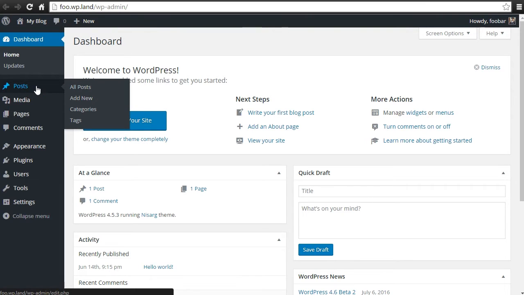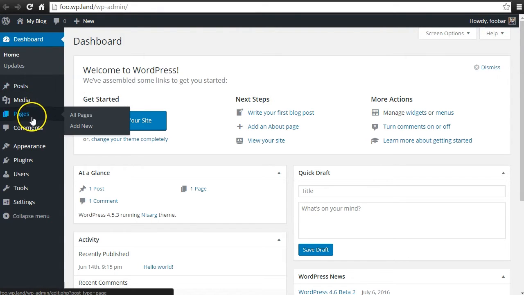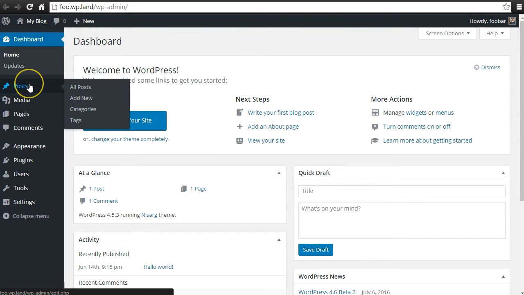Now the differences between posts and pages. Posts are going to be what you use to actually post a blog article. If you're trying to set up a blog, maintain a blog, anything like that, you'll want to use posts to add additional blog articles. Now, if you're setting up a website, you can come down here to pages and add pages. Luckily, editing a post and a page is very similar, if not pretty much the same.